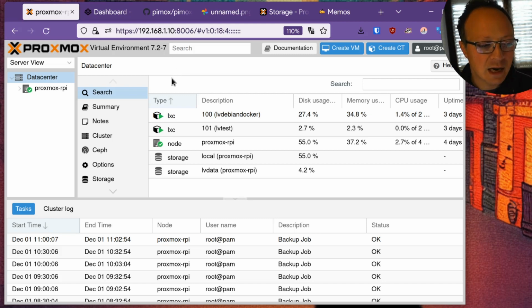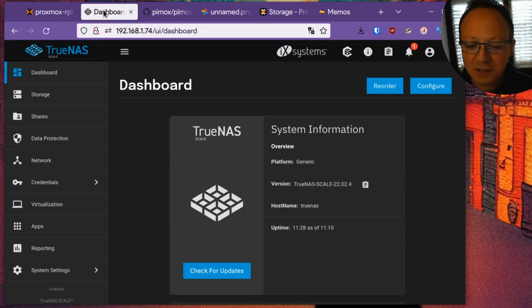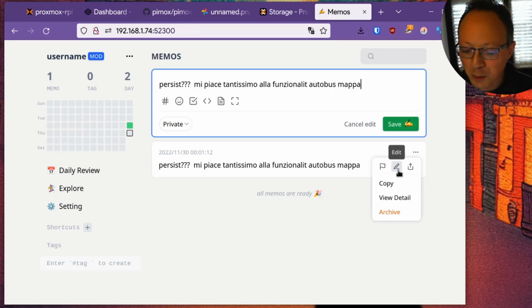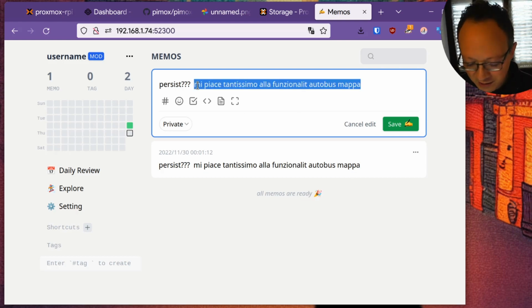Okay, so let's start with a demo just to see the power of this kind of operating system. We have a website which is just a normal website with a database, and let's imagine that a ransomware attacks our server. So let's try ransomware.